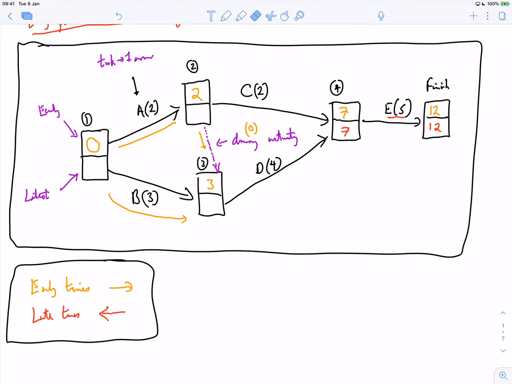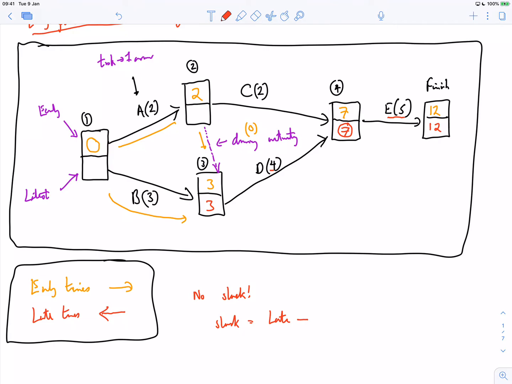Okay, that's a no-brainer. Now, if I look at this 7 and this task D, which is 4, that means I have to start at stage 3 on the 3rd day. There's what's called no slack. And the slack is a very specific term. It is just the late start time of one node